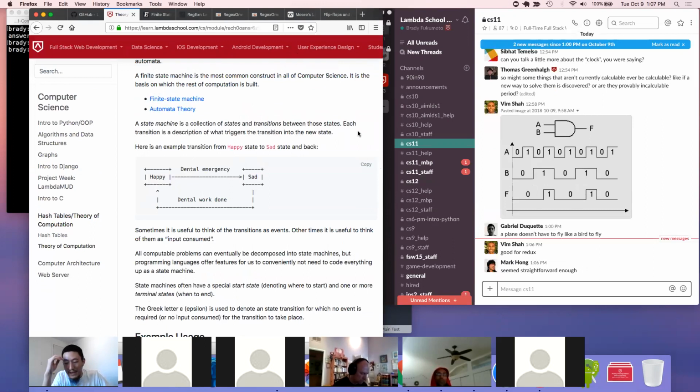So remember back to Turing's thesis: the definition of something that is computable is something that can be solved using a Turing machine. And anything that can be done with the Turing machine can be represented with a finite state machine. So any code you write, no matter how complicated, can be represented with a finite state machine. So if you get stuck,